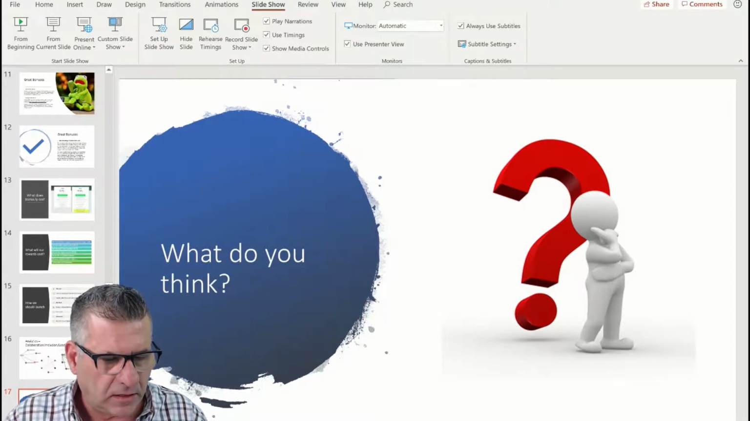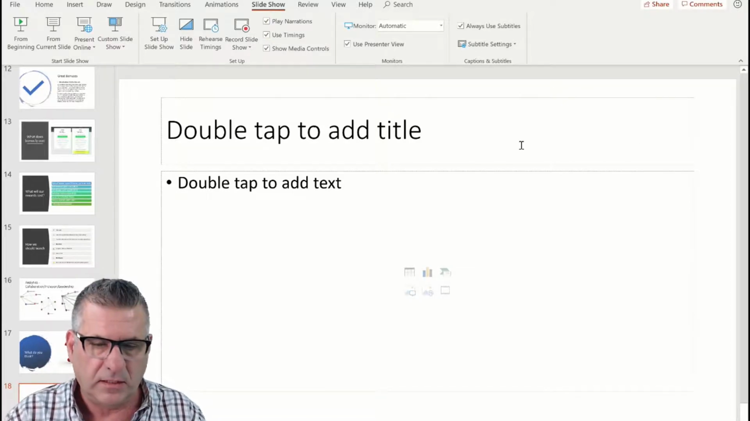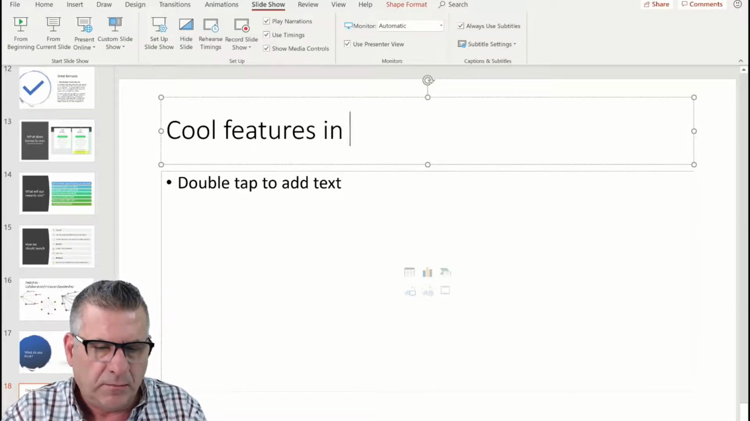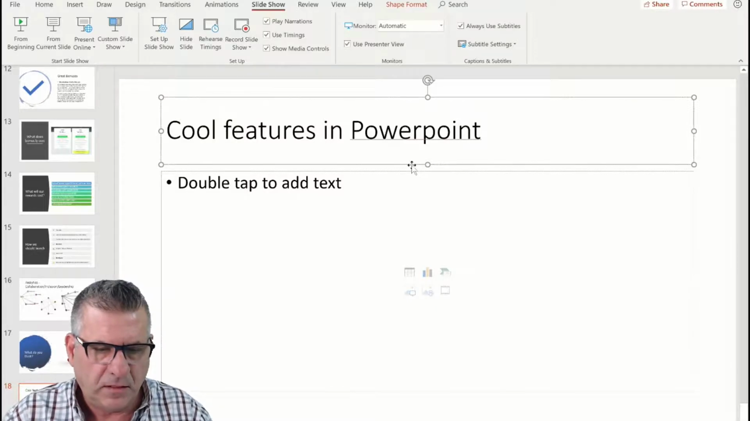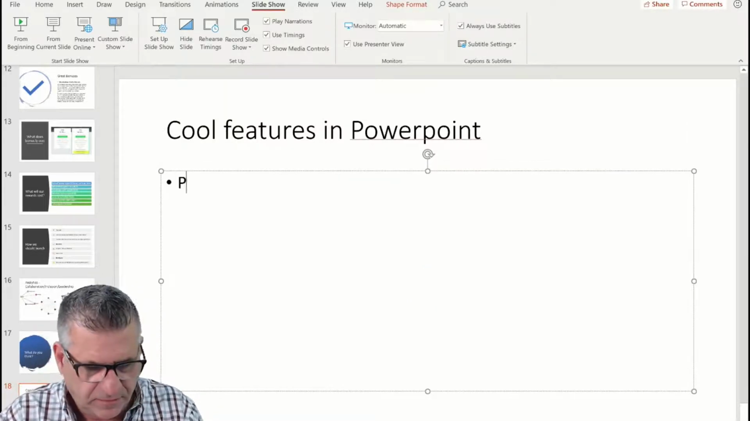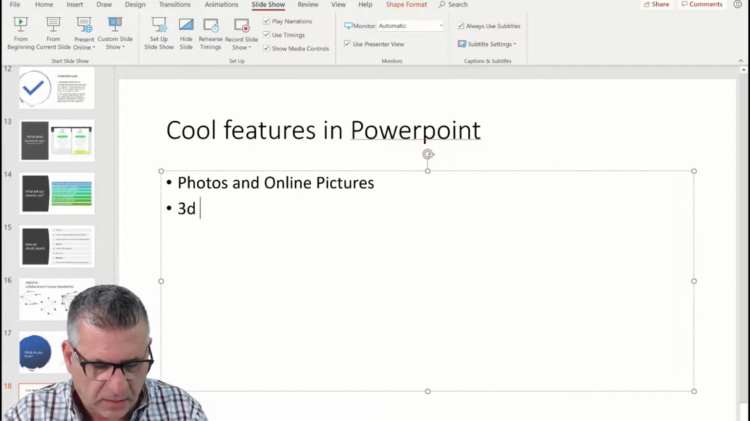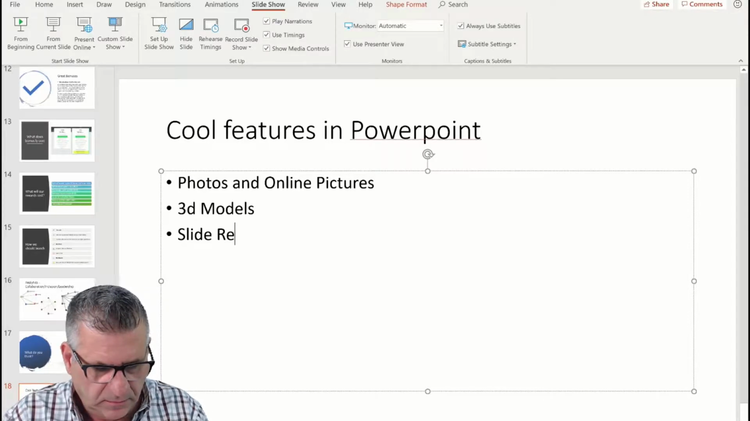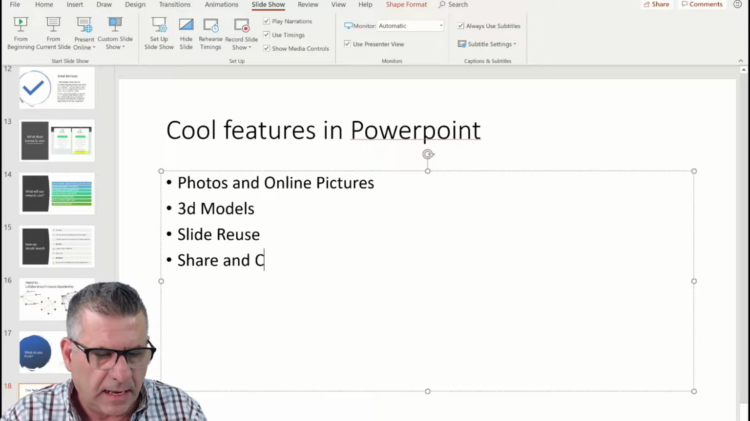So I'm going to just right click on this and say new slide. So this is what I started with, and this is what I did. So let me just put something in here. Cool features in PowerPoint. And I'm going to make some bullets here, and this is exactly what I did. Photos and online pictures is one thing I want to tell you about. 3D models is another. Slide reuse is another. And share and collaborate